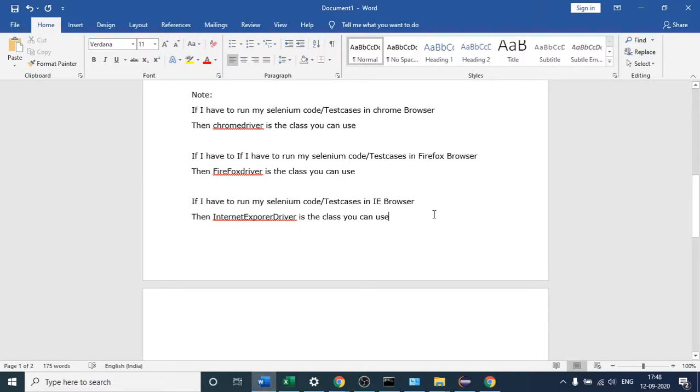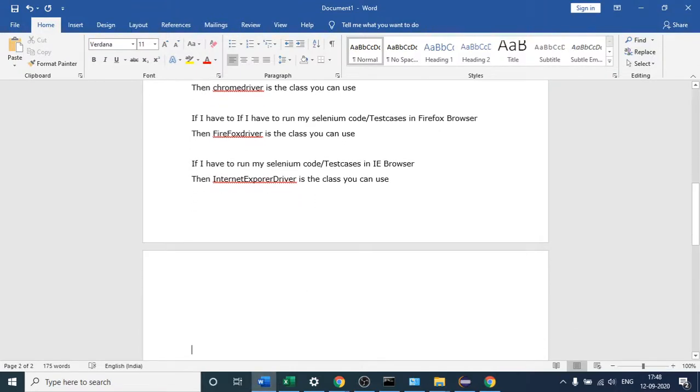With the help of methods in Selenium, let me write this one. So first, what method have we discussed? The get method. So this is the method you can use: driver.get. This is the method you can use to open any URL in the Chrome browser.